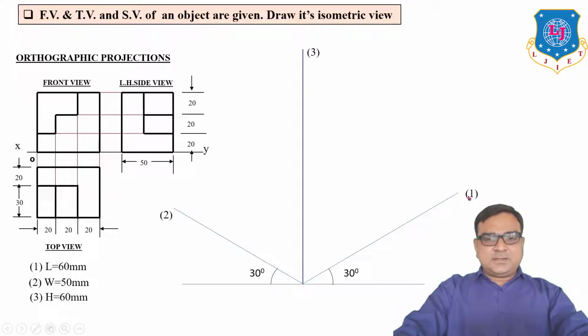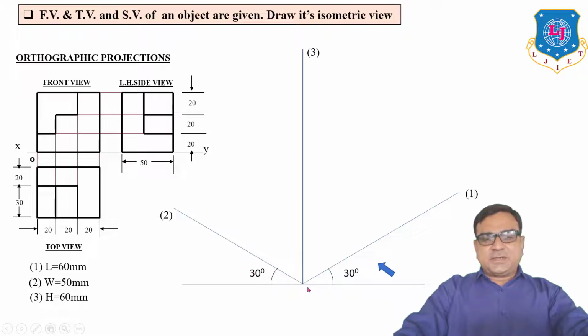Here we have taken number 1, which represents the length of 60 mm. Sometimes if you put number 1 here and number 2 there, then this line represents length and that is width. But here, if we put the arrow for the position of the observer here, then this line must be length. If we put the arrow here, then this line must be length. Actually, before the final drawing,